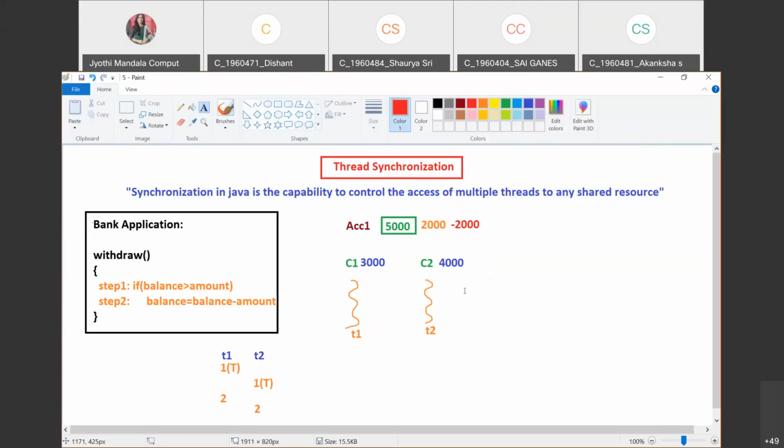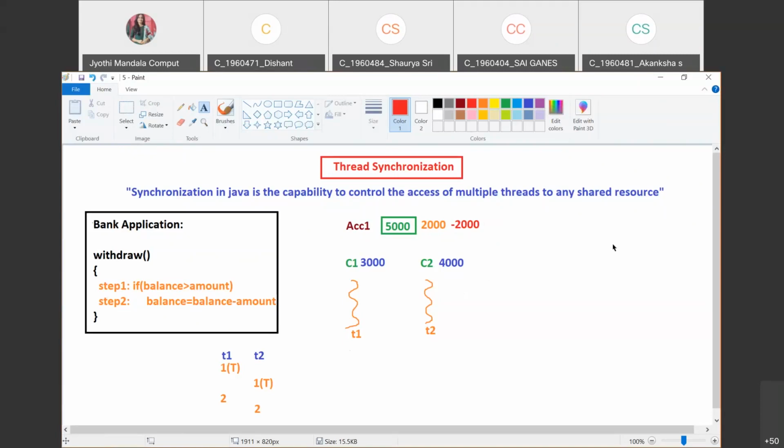So to prevent the consistency problem, which is the main advantage of synchronization, we will be going with the synchronization concept. Is this clear to you all? What is the requirement of having synchronization in Java? Is this clear to you all?